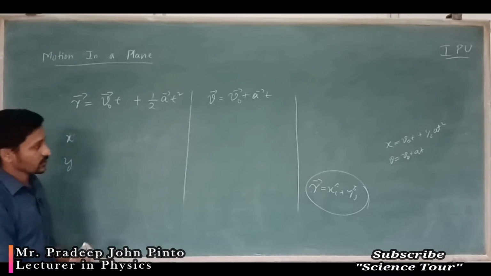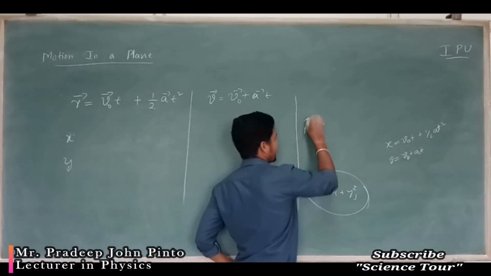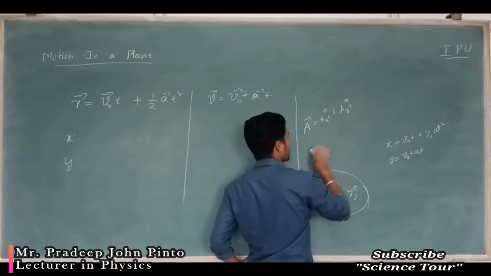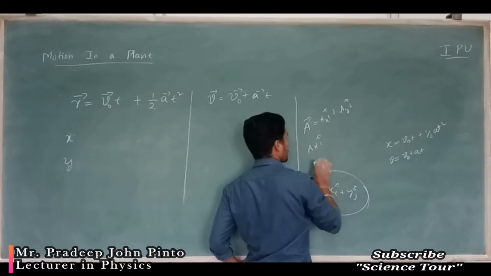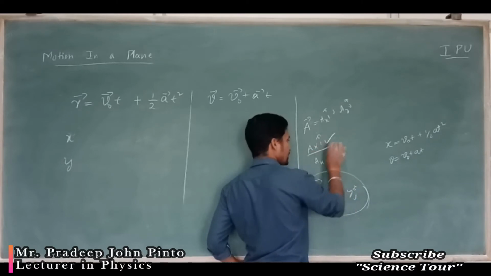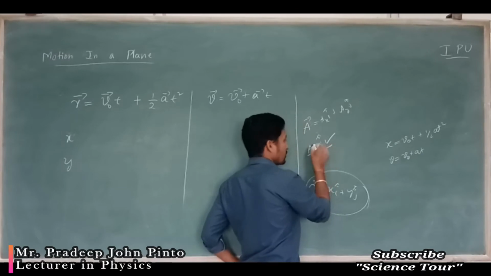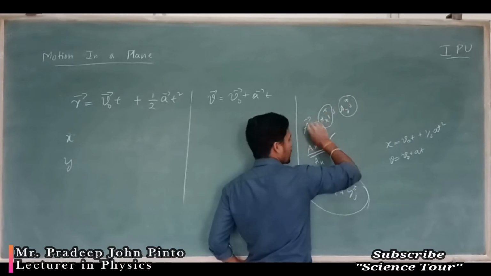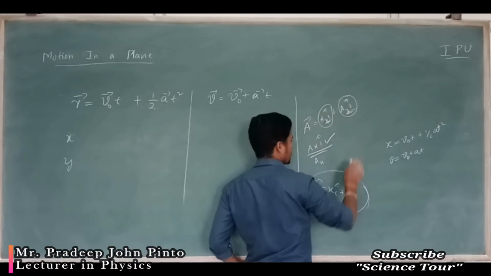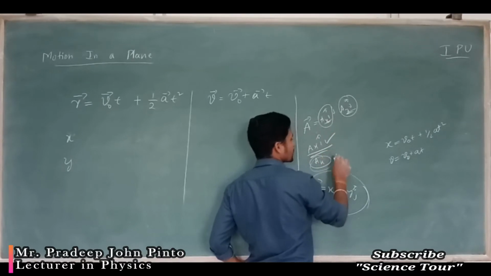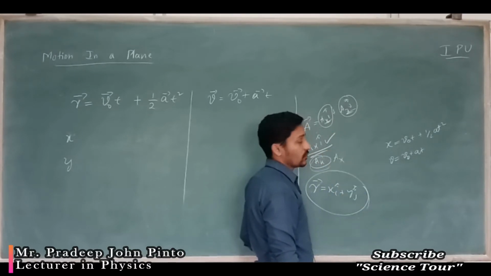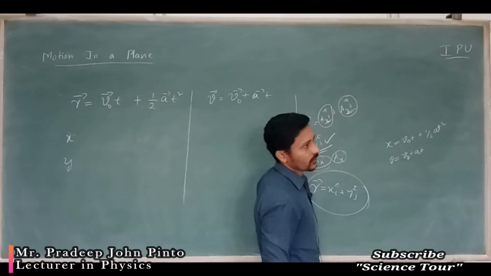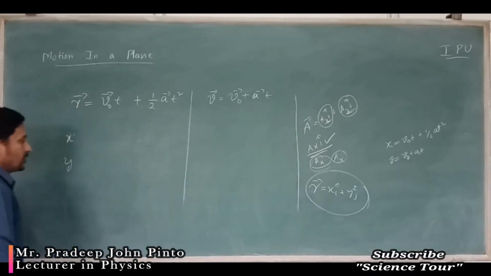See, now I want to ask you one question. If a vector is there, a is equal to ax i cap plus ay j cap, separately I am going to take ax i cap and ax. Is this a vector? Yes, if you write i cap, this becomes a vector. This is the part of the vector in x direction, and this is the part of the vector in y direction. But if I write only ax, is it a vector? No, ax is a magnitude, ax is just a number. You can't make out whether it is in x direction or y direction.